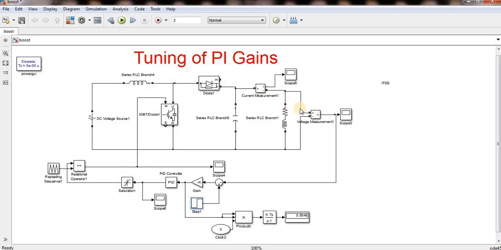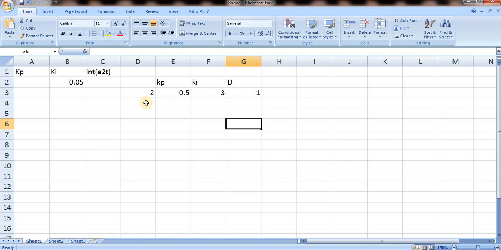So once it is started, my output may reach up to 150 volts, because my input is 100 volts and I require 200 volts. Maybe it is 150. Let us assume it is 150, then I require 200. So my error is now 50. So 50 by 100, it will come like 0.5. So now my error is 0.5. So 0.5 into 0.5.